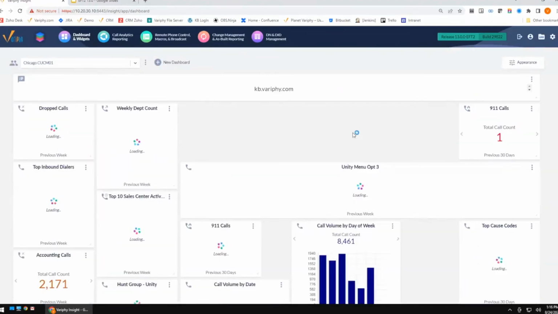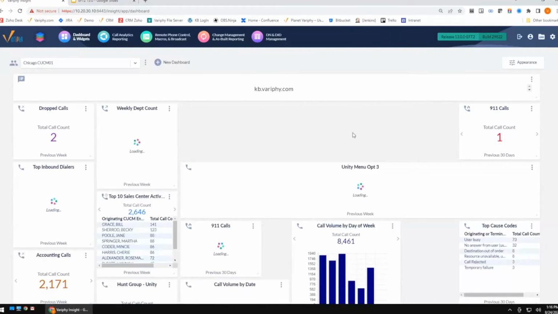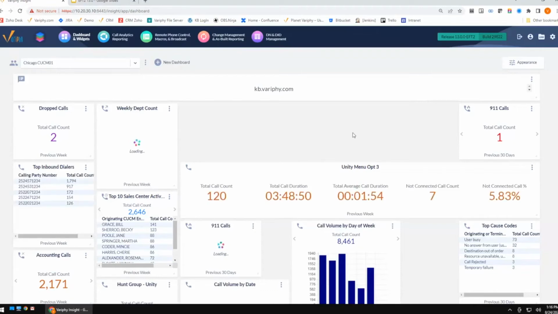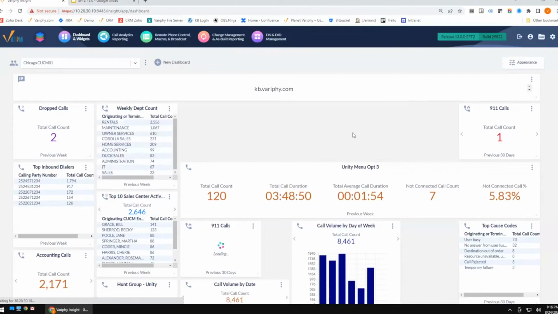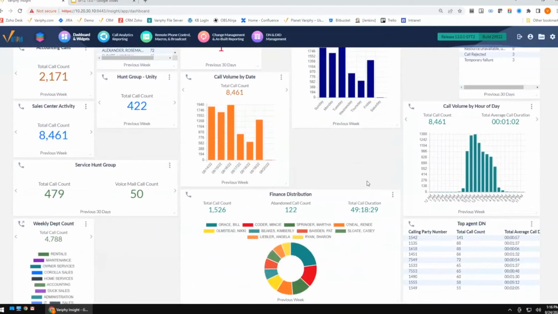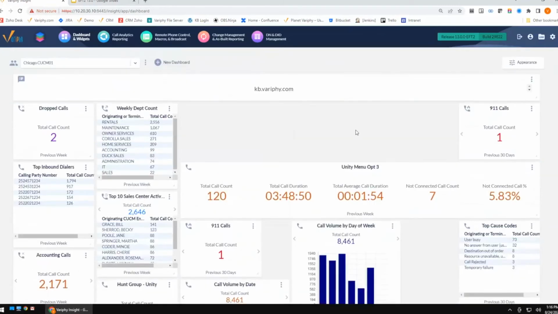So, one of the things you'll notice here is this guy has a lot of widgets on it, which again is okay depending on how you're using your dashboard. But we don't want this many widgets on everybody's dashboard. This is going to bog down your system and maybe not provide the best user experience. So we did go ahead and put some values that you can adjust for the maximum number of widgets. Now, the cool thing about that is regardless if I change this, it's not going to get rid of any widgets here. These widgets are already here to stay. But when Matt or whoever's dashboard this is goes to add any more widgets, they're going to notice the button is grayed out, and I'll show you guys that in a second.